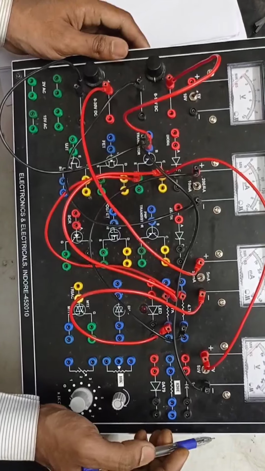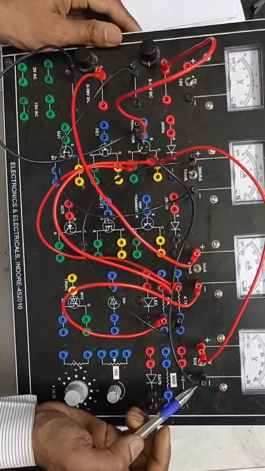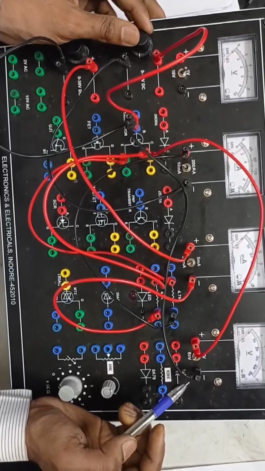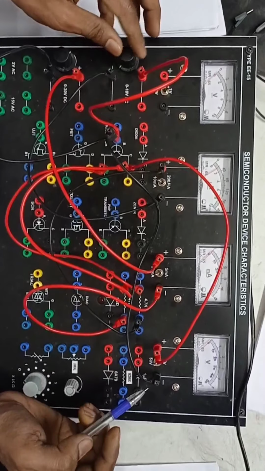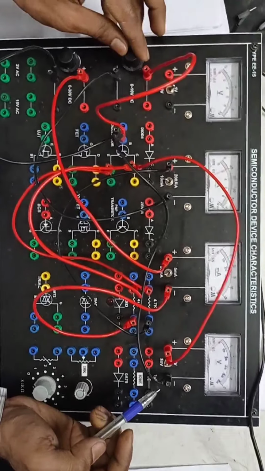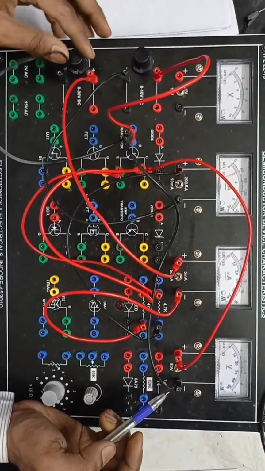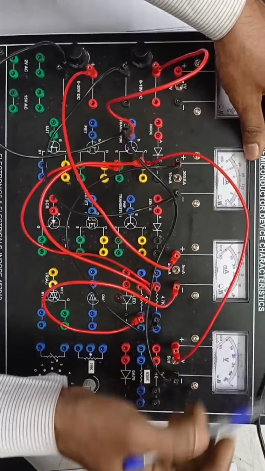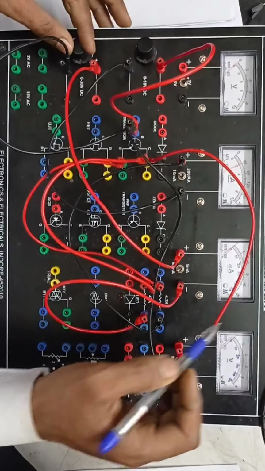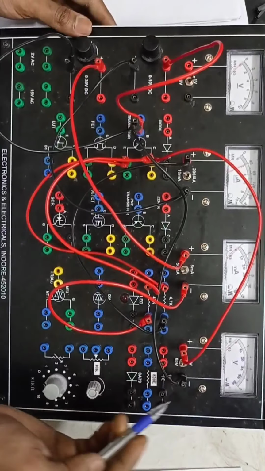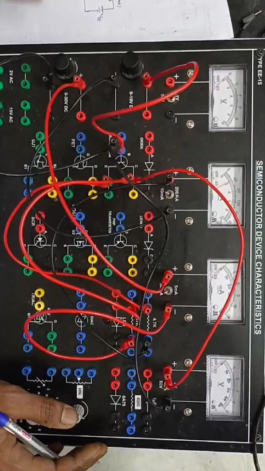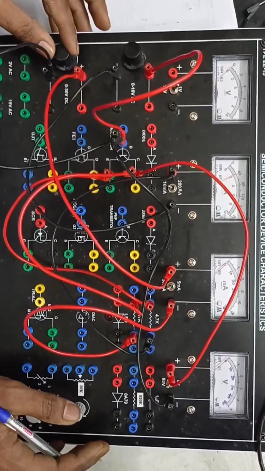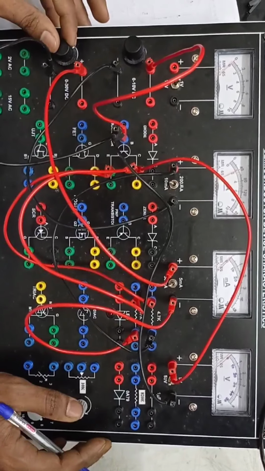So this is for 1 milliampere of the input current. Next we change the current to 2 milliampere. So now the input current, or emitter current, is at 2 milliampere. When the emitter current is at 2 milliampere, we will draw the characteristic. We will define the relationship between current and voltage. So we increase the voltage.